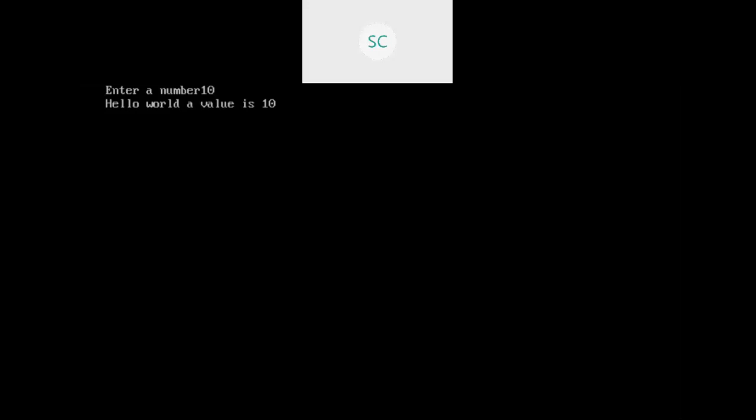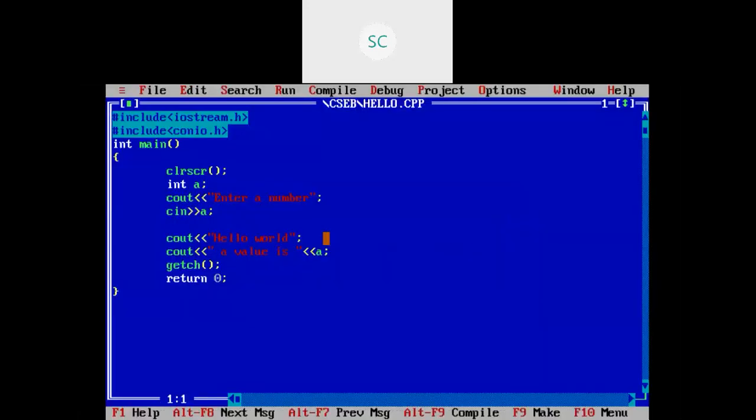print in the same line, we have one statement. That is, after writing hello world, endl. endl is one object. This is also present within the ostream class. What this endl will do is, after printing the message, it will directly go to the next line. Just like in C language we use slash n, which moves the cursor to the next line. In the same way, endl also does the same.